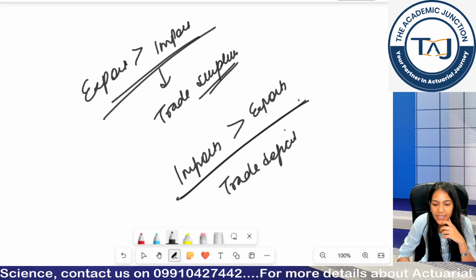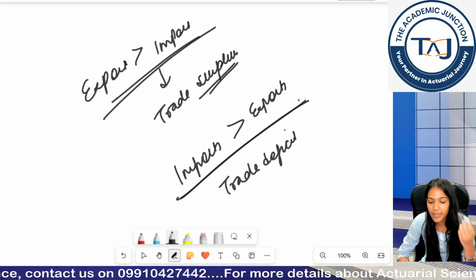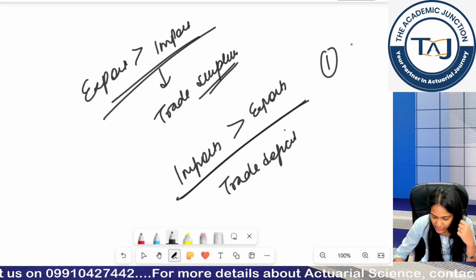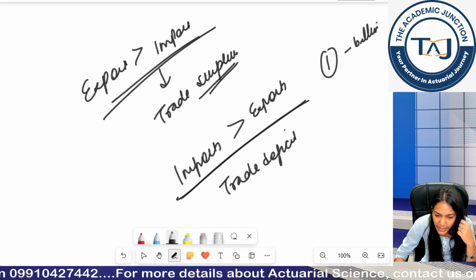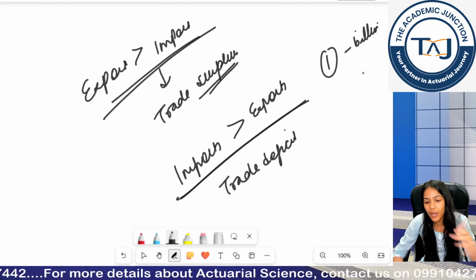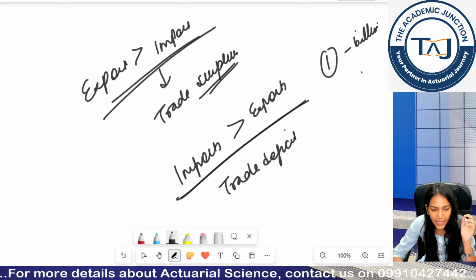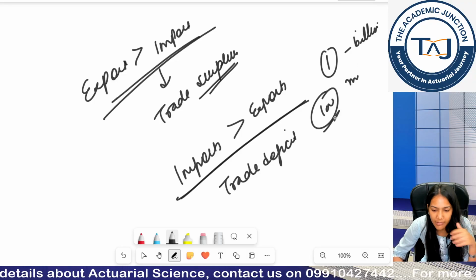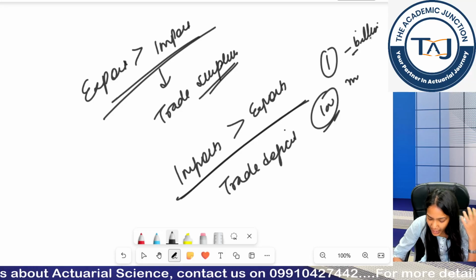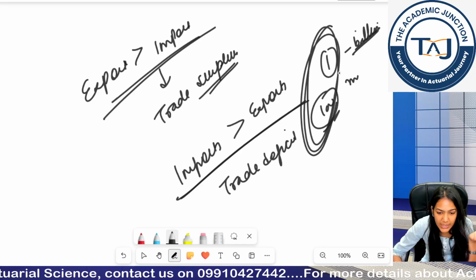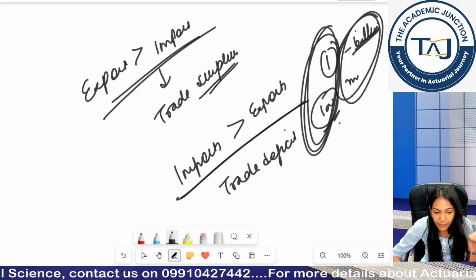It is possible that I am importing a machinery, I am importing one machinery only, okay, which is already costing me in billions. But I am exporting, for example, some raw material, for example, coffee, which means even though I am exporting 100 units or 1000 units, it is hard to make up a billion, right? So I am not talking about these numbers, I am talking about these values.